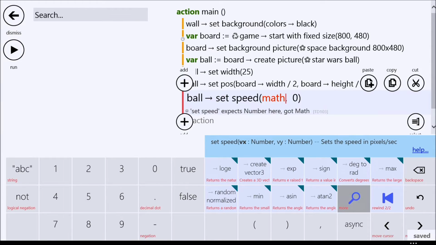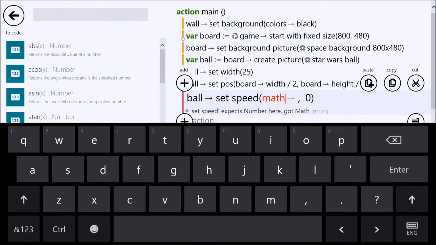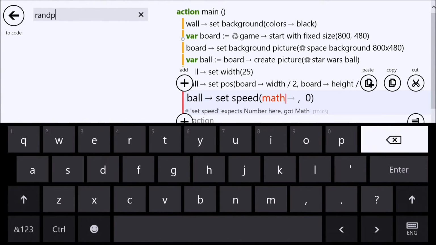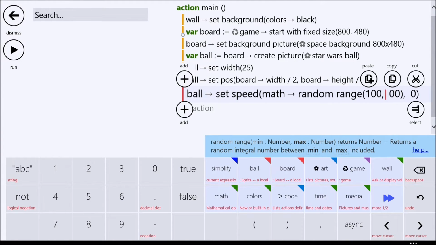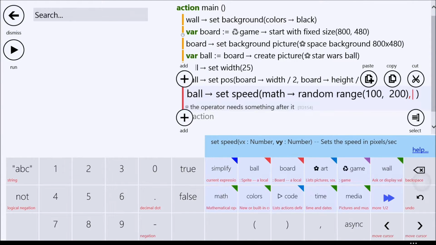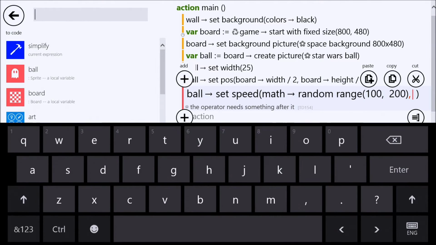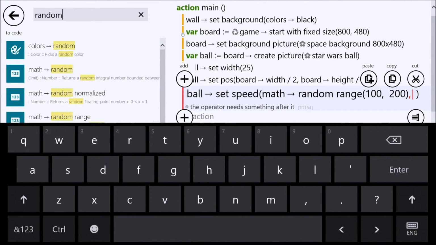Now if random range isn't there, take the search option and type in random, and we want random range so that we can specify a number between two values. So we're going to start the speed at 100, and the maximum speed is going to be 200 on the X, and on the Y I'm going to just cheat a bit and type random up here,